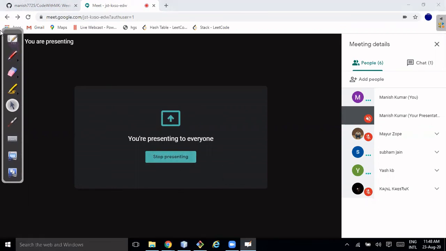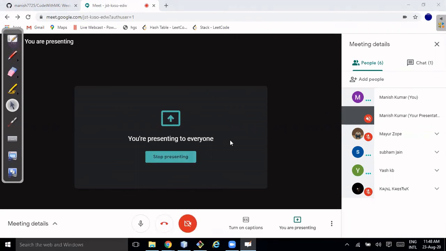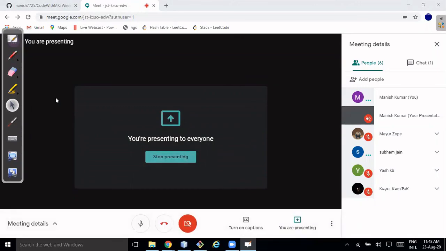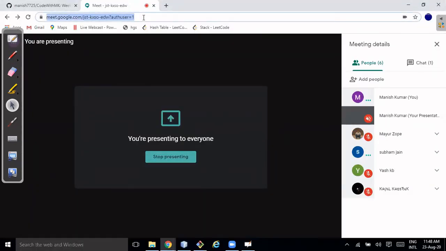One possible reason I can see is that for the last 3 days, Google's servers have been in bad condition. Every service is having some issue, like Gmail, Drive. So maybe Meet is also affected because of that. It's getting stuck sometimes. Yeah, I'm not able to stop even. Maybe I'll need to restart.